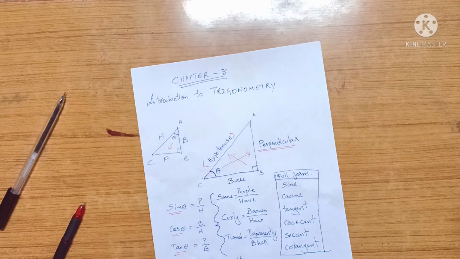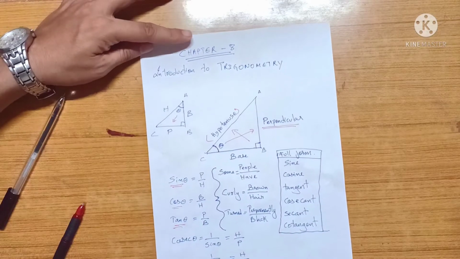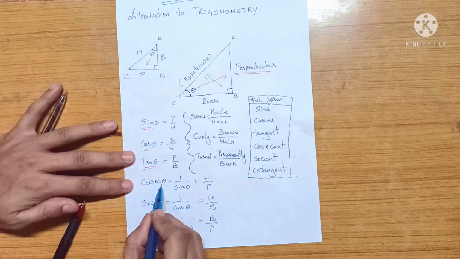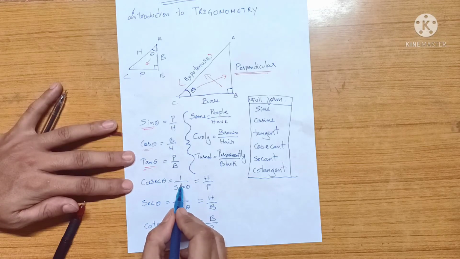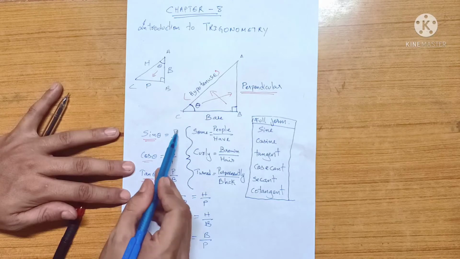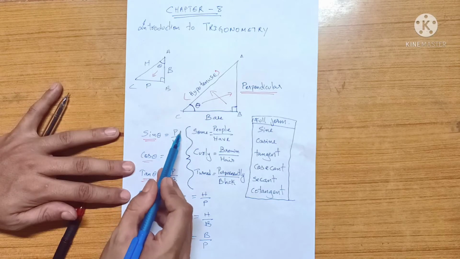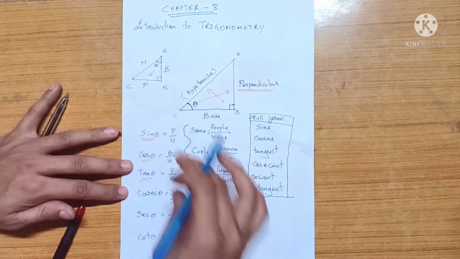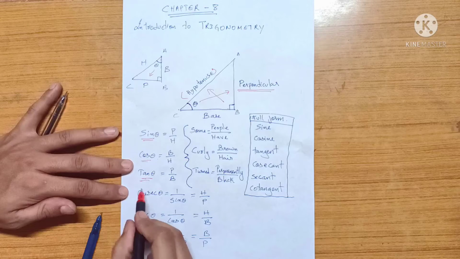Don't forget it. Now that you've learned that, cosec theta is the reciprocal of sine theta. Sine theta is perpendicular by hypotenuse, so the reciprocal of perpendicular by hypotenuse is hypotenuse by perpendicular. So hypotenuse by perpendicular. Once you memorize this and you memorize this formula,